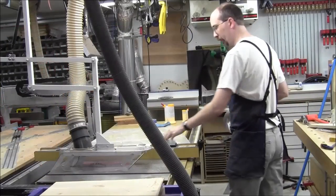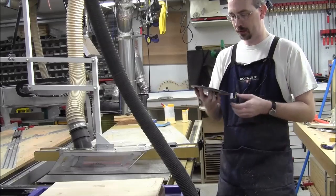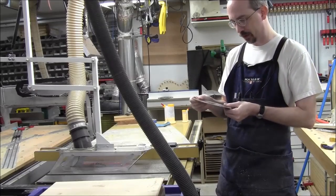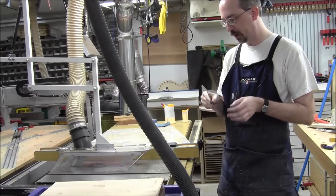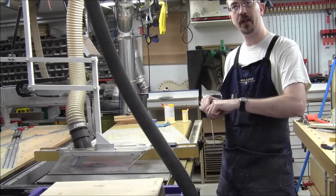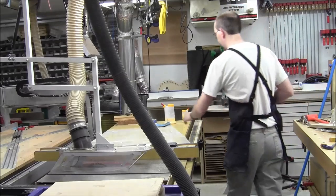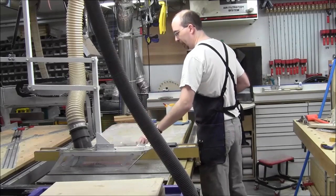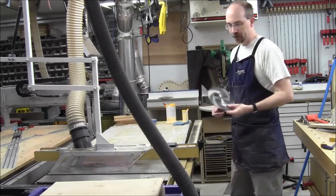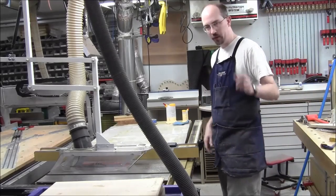Okay, so for the kerfing, I have this plywood blade. It actually goes for a circular saw. It's 7¼ inch diameter. The thing I like is that it's just a hair over a 1/16, so it's a pretty thin kerf. That'll waste as little wood as possible and get the kerfing right. So we're going to switch out the blade in the table saw, and then we'll start